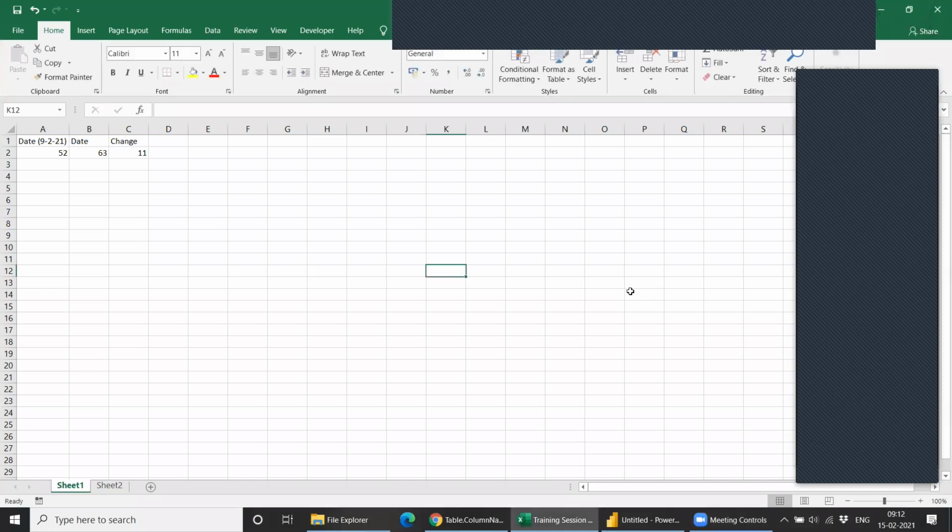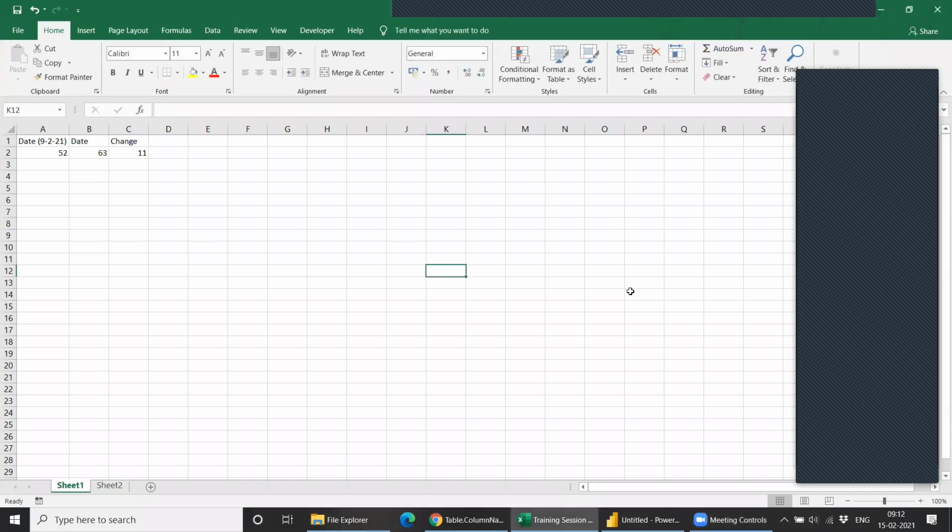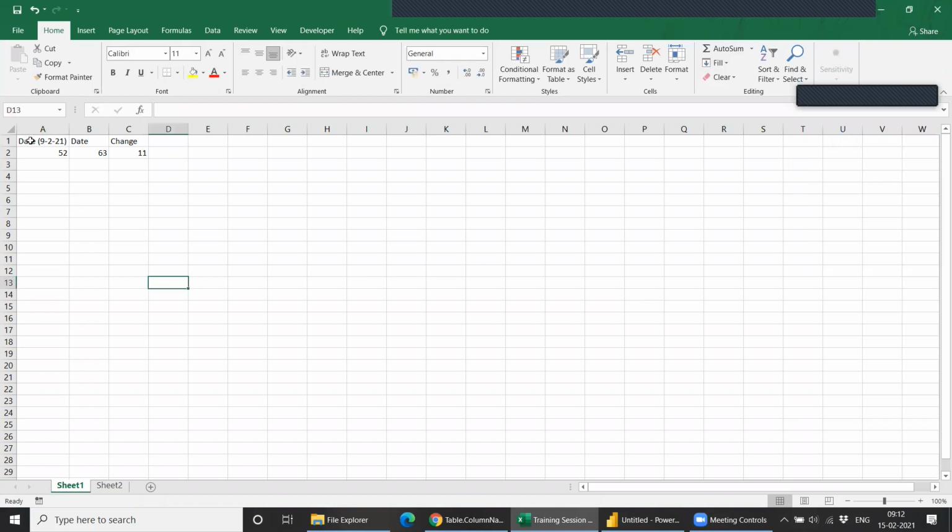Today we'll solve two problems that I faced during my project work. One of them is that whenever you connect to a Salesforce report, there is a chance that there's a dynamic column. Let's say I was working on a report whose column name was changing every week. Now we'll try to solve that problem.